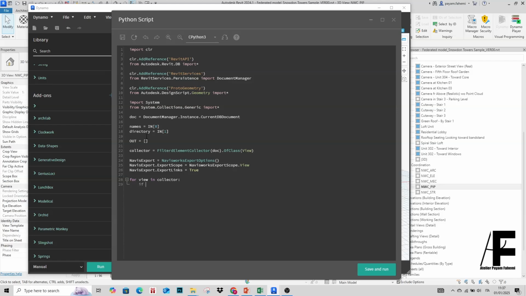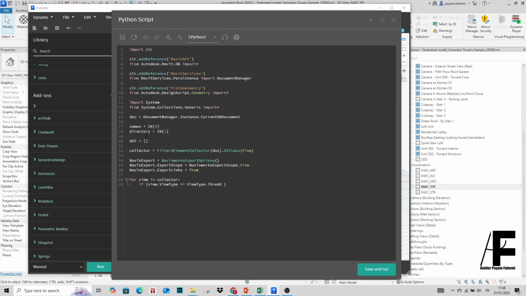So I'm gonna say if view dot view type equals view type dot 3D,